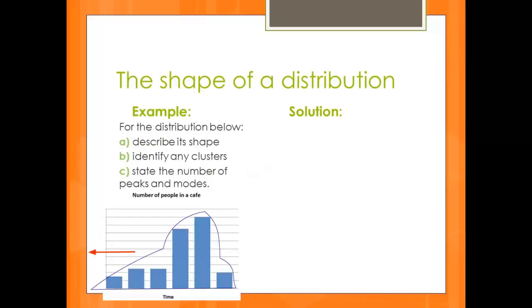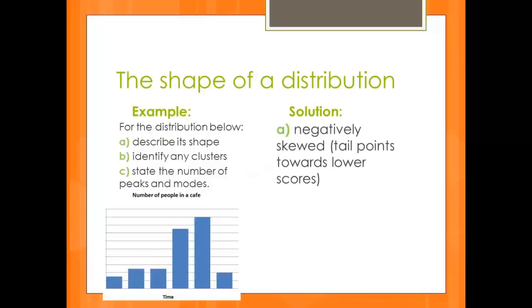We can see here that there's a tail pointing in the negative direction. This means this is an example of a negatively skewed distribution. We have clusters here in the later hours with the 2 taller columns, and we have 2 peaks and 1 mode,